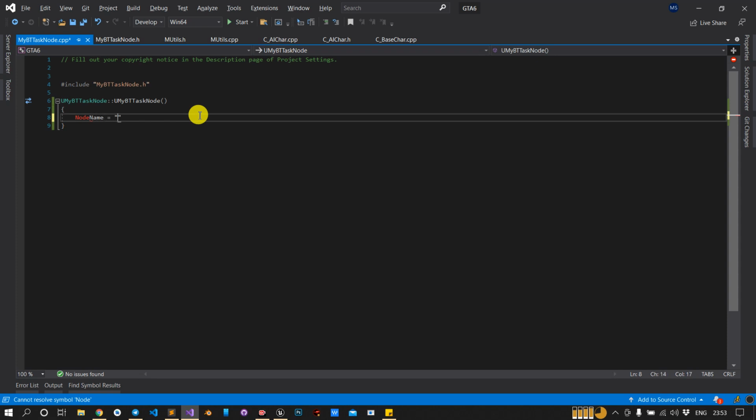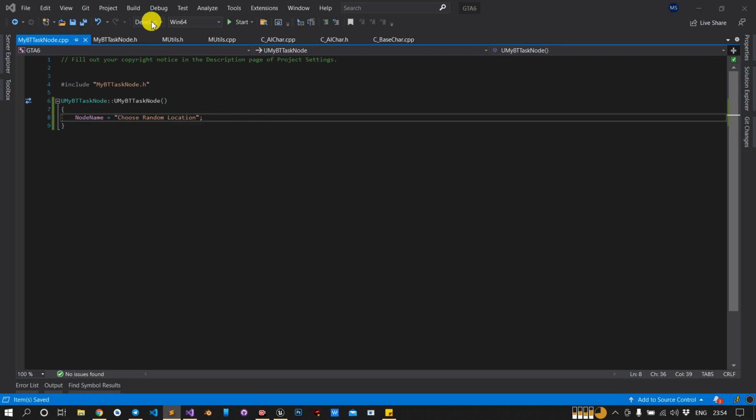It is not working, I guess. And I will rename it as choose random location, or it will give some ugly name to this node, so that is why I am using this function.